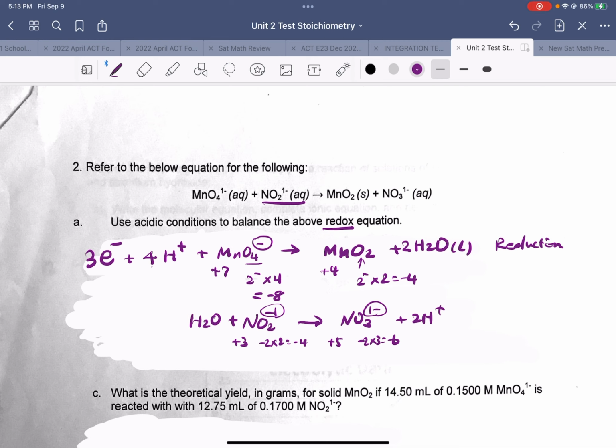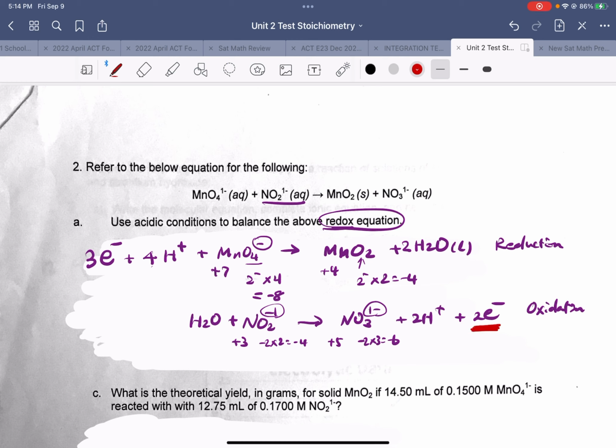So to be a negative 1 charge, nitrogen is a plus 5 charge. So then you lose 2 electrons, so plus 2 electrons like that. Okay, now the charge is also balanced. So this is an oxidation. That's why we call it a redox equation. Now, next step,